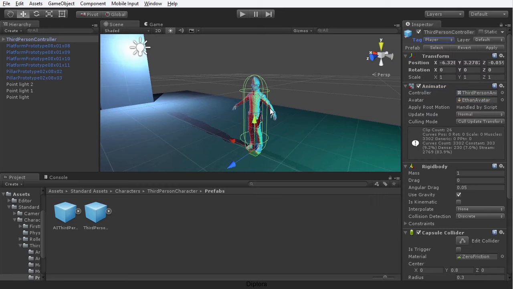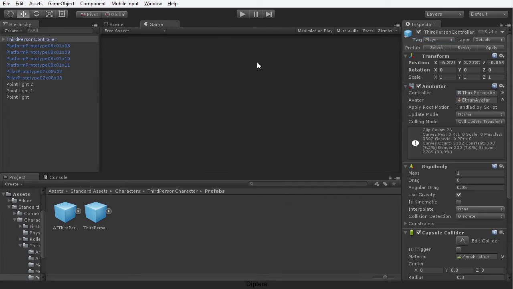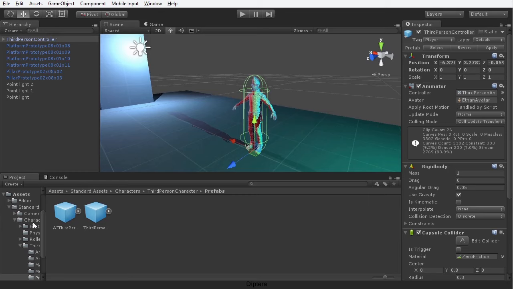So now this object is tagged as the player character. But the third person controller doesn't come with any kind of camera. If I switch over to the Game tab, you'll see that we see absolutely nothing because there is no camera in the scene. So I'm going to switch back to the Scene tab here, and I'm going to move back